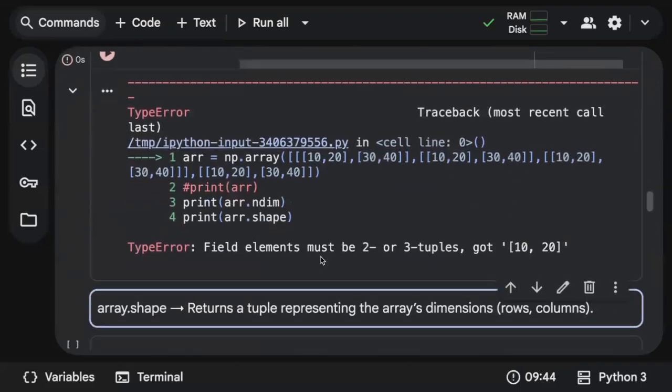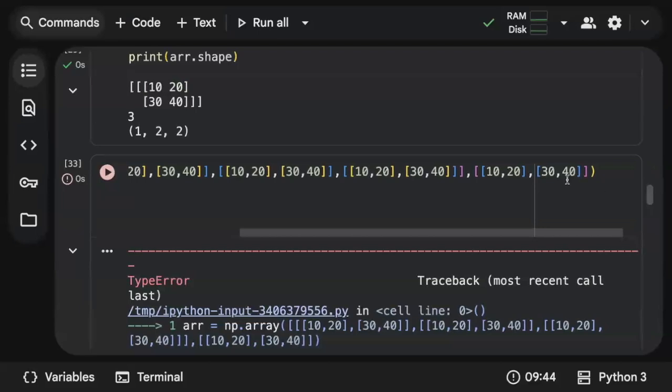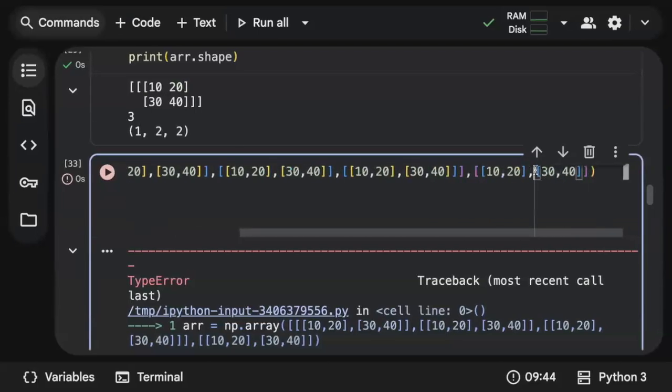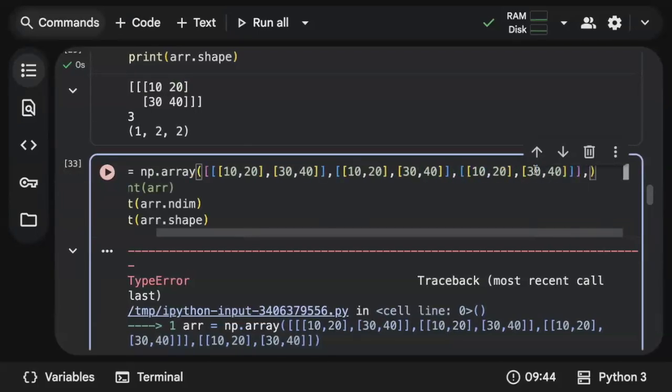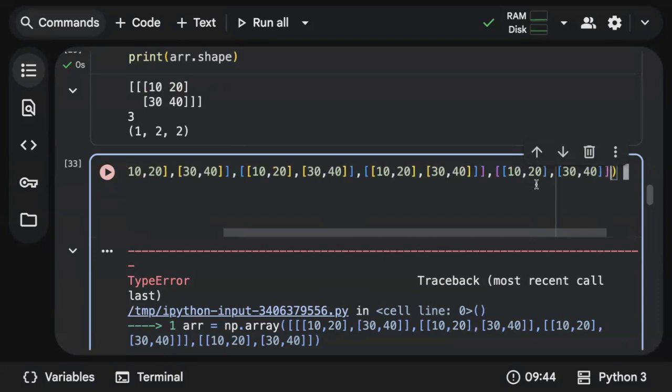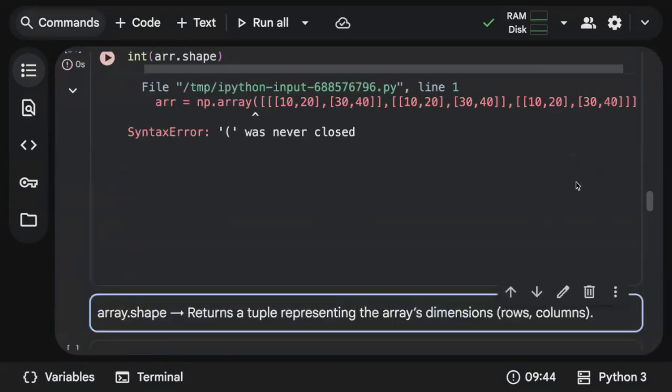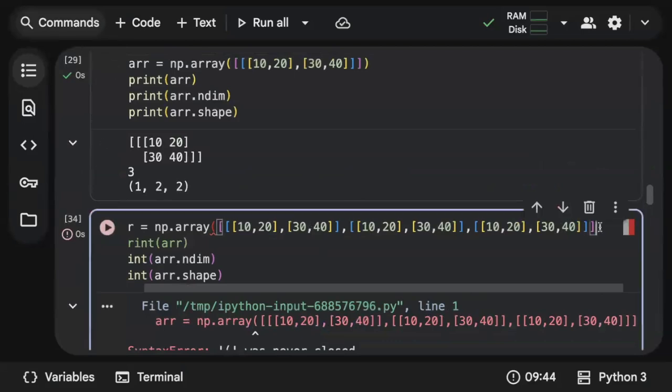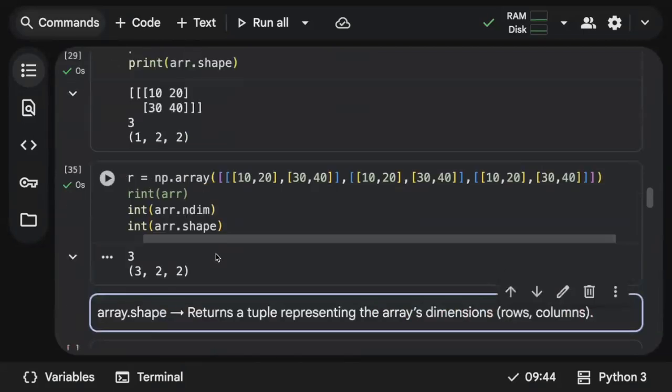So I hope it's clear. This is how shape is useful, for understanding how many rows and how many columns. In 2D, it's just the number of rows and columns. In 3D, it's the number of matrices, then the number of rows and columns. This is all related to shape.